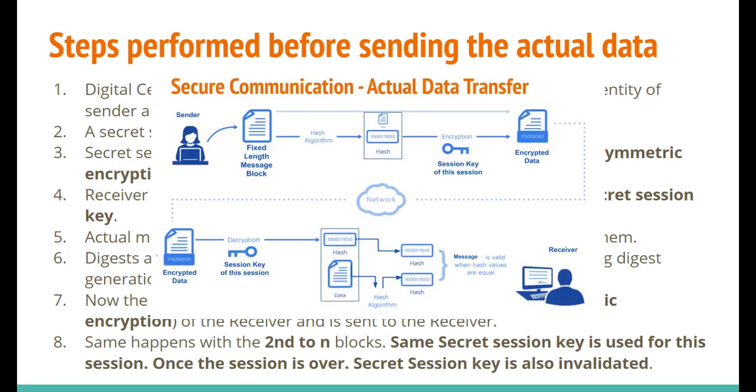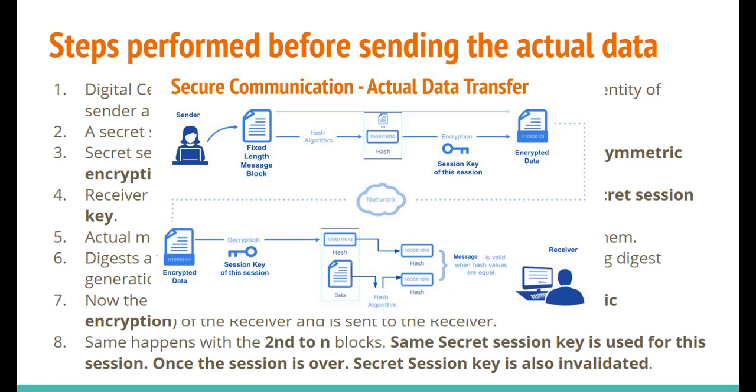So once the message is encrypted using the secret session key, it is transferred through the network, and once it reaches the receiver side, as the server is already having the secret session key of that particular session, it would be able to successfully decrypt that message and retrieve that particular message block and the hash value, that means the digest, right?